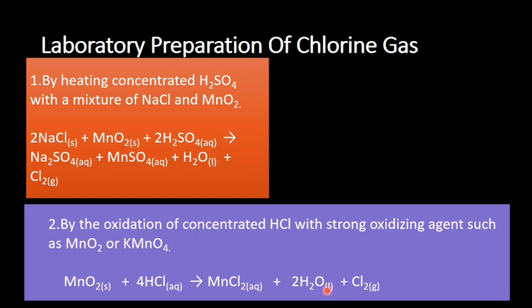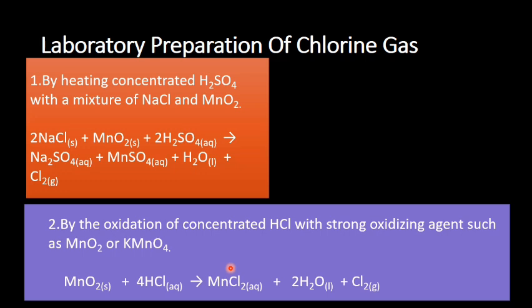If you don't want to use this oxidizing agent, manganese(IV) oxide, you can as well use potassium permanganate. So that covers the two methods by which you can prepare chlorine gas in the